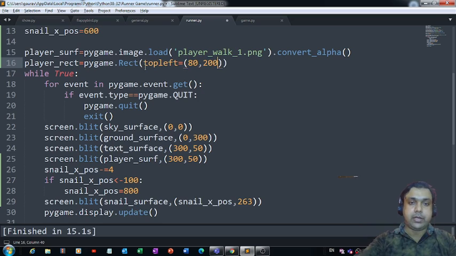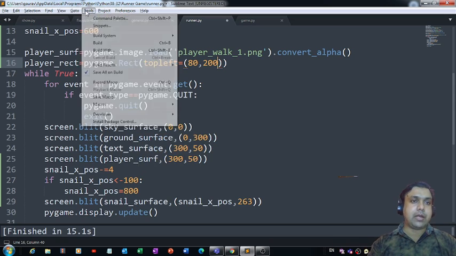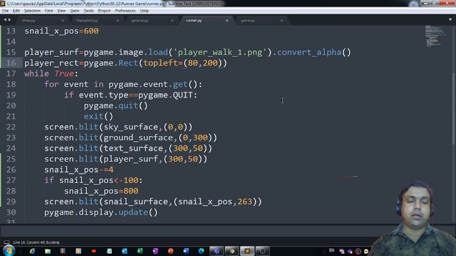You can do it like this, 80 comma 200, and that's topleft. That's the point from where the rectangle will start, and this whole rectangle will then be drawn by the interpreter. It's time for us to bring the player on our game window. So if you now run the code, you will be able to see the player, but